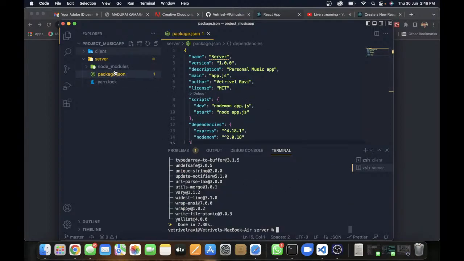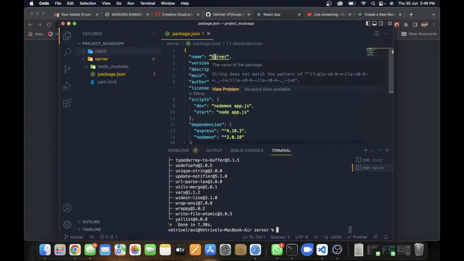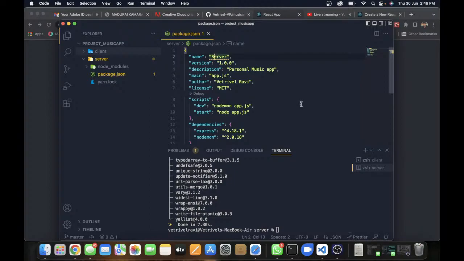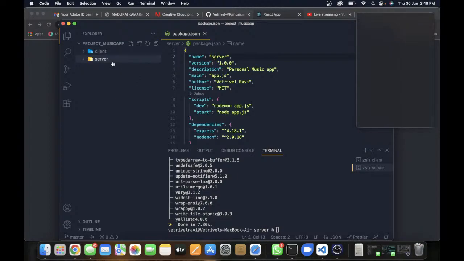So now our node modules and everything is created, and we are getting this warning because the name of the package is showing string does not match the pattern. So let me change the name and save the changes. I'm using the same name as my folder name, so keep it the same as your folder name, otherwise you will get that warning. That's totally fine. So we successfully initiated our package, and then right after here what we have to do is